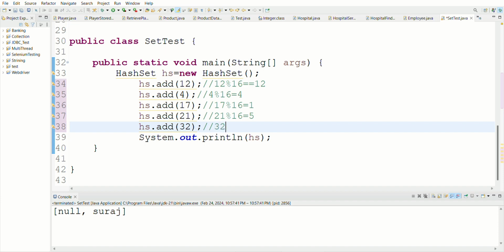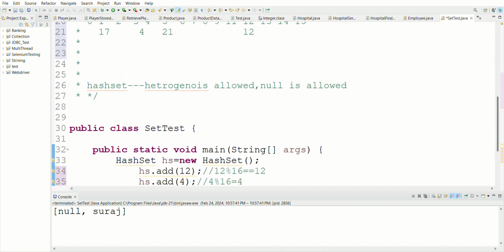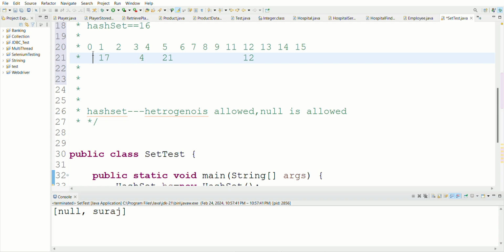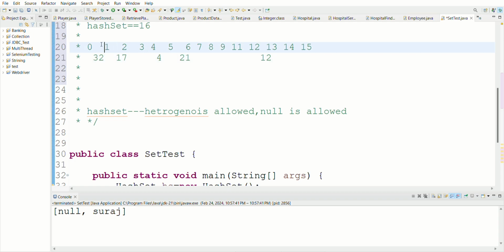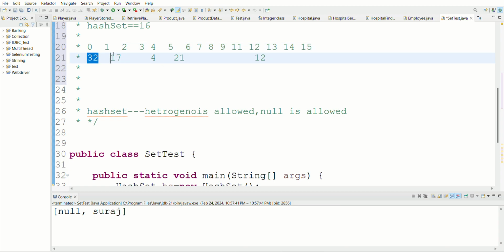Now 32 modulus 16. What is 32 modulus 16? It's 0. 16 into 2, 32. That's why it will be stored in this place. So 32 will be at index 0. Then 17 will be at index 1, because 17 modulus 16, the remainder will be 1. So it will be